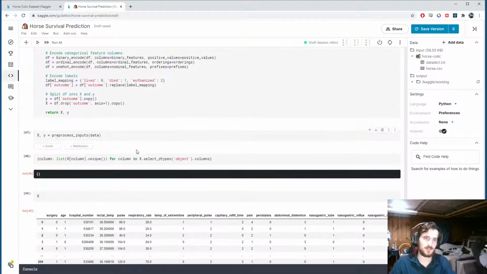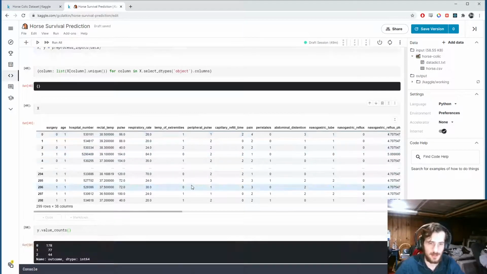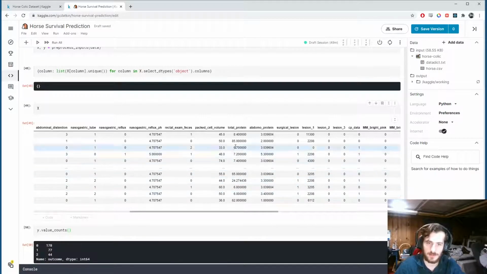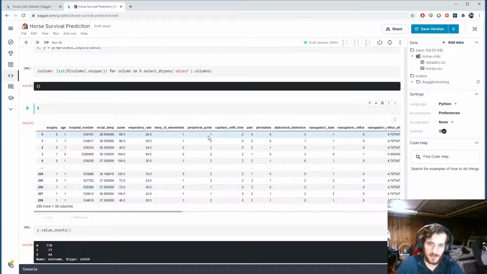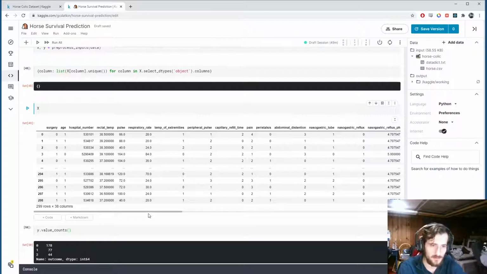So the last thing to do after all this, at the very end, after we split, we want to scale x with a standard scaler. So right now, every column in x takes on a very different range of values. Over here it goes up to 85, over here it goes up to 11,000, and then over here it just goes 1, 2, maybe 3, and then over here we know it's just 1 and 0. So these very different ranges of values. It's a lot nicer for the model if we pass in